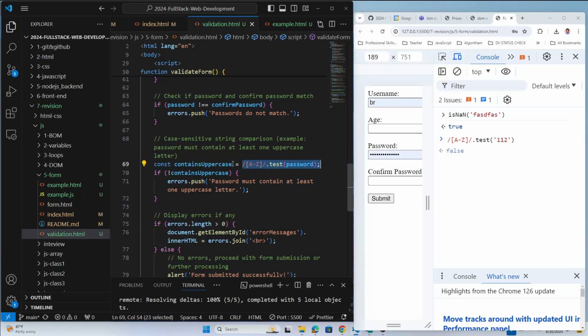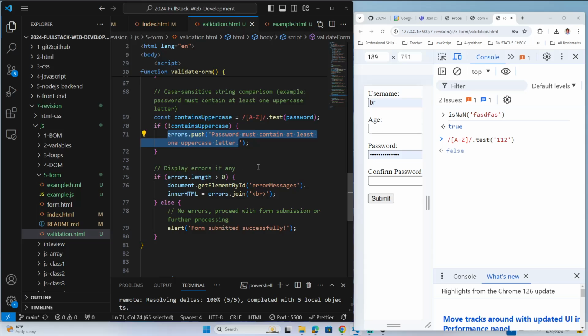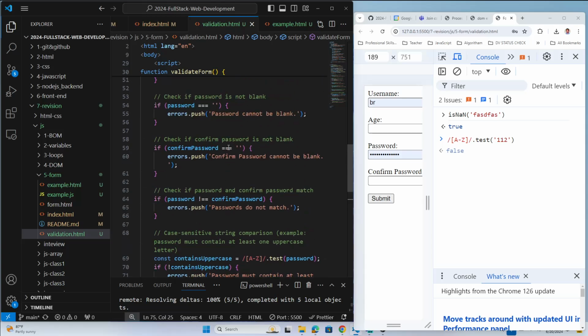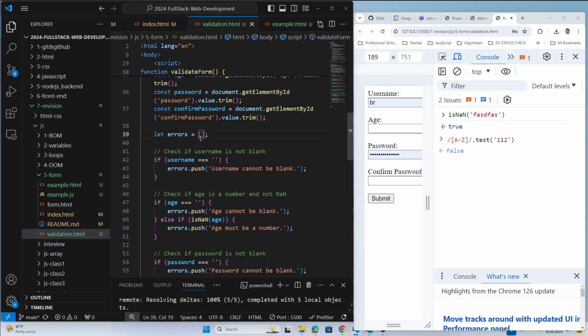So if this is false, you make it true, and then push "password must contain at least one uppercase letter." Clear? When you get false, then we make it not false and insert this value, because not false will be true and then it will insert that value. Fine. Now we display that error message. If errors.length is greater than 0, means if there is some item, like some error message here, maybe 1, 2, 3, whatever message is there,